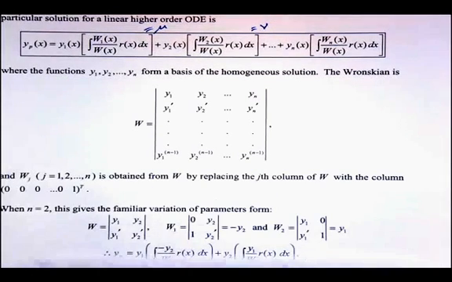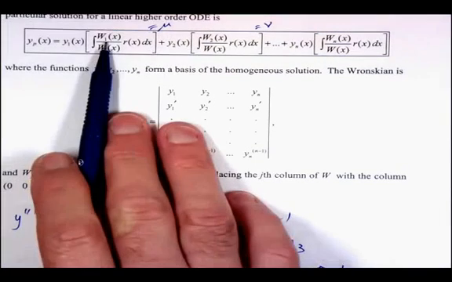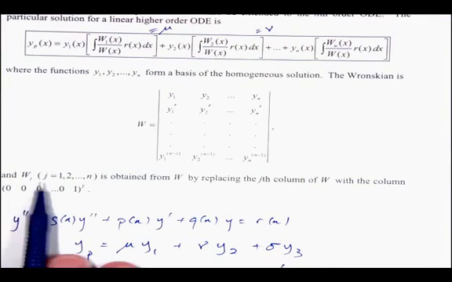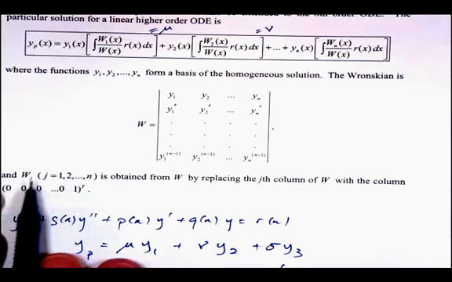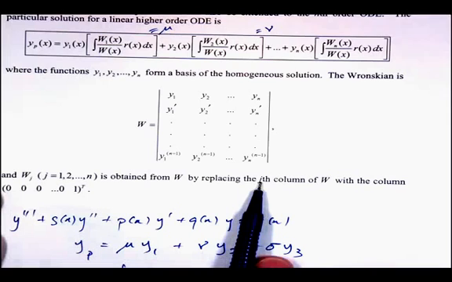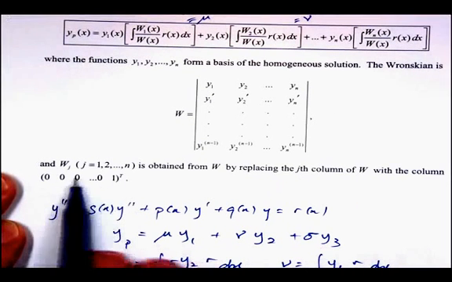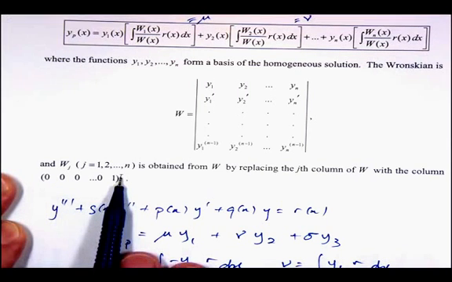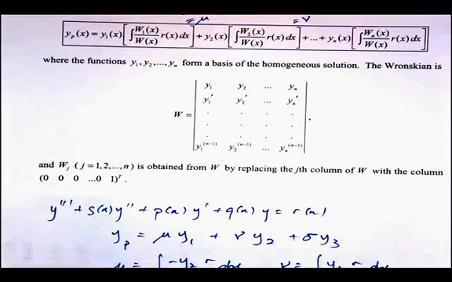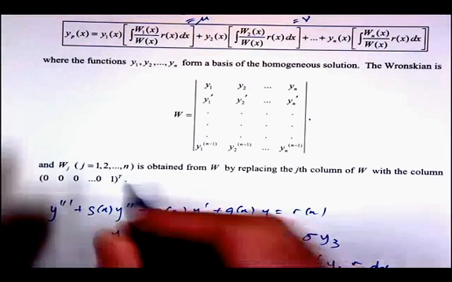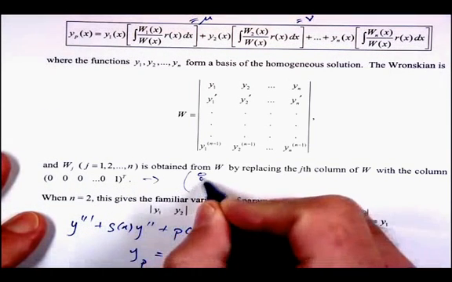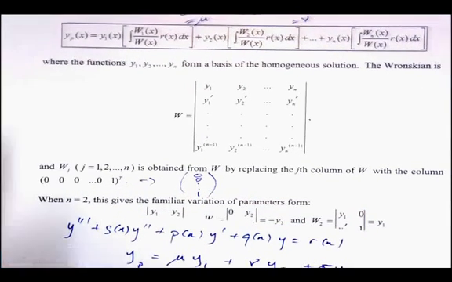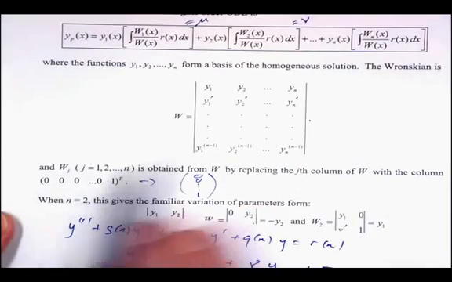And then for these other W1, W2, etc., this is the rule. For W1, so that's saying J is 1, you replace the first column. Now what does this mean? Please. What does this mean? This means the T on a vector means transpose. So instead of being horizontal, it is vertical. Okay, so this means 0, 0, dot, dot, dot, 1. That's what that means. So all this, there's your Wronskian, and this rule says you get the first W up here,